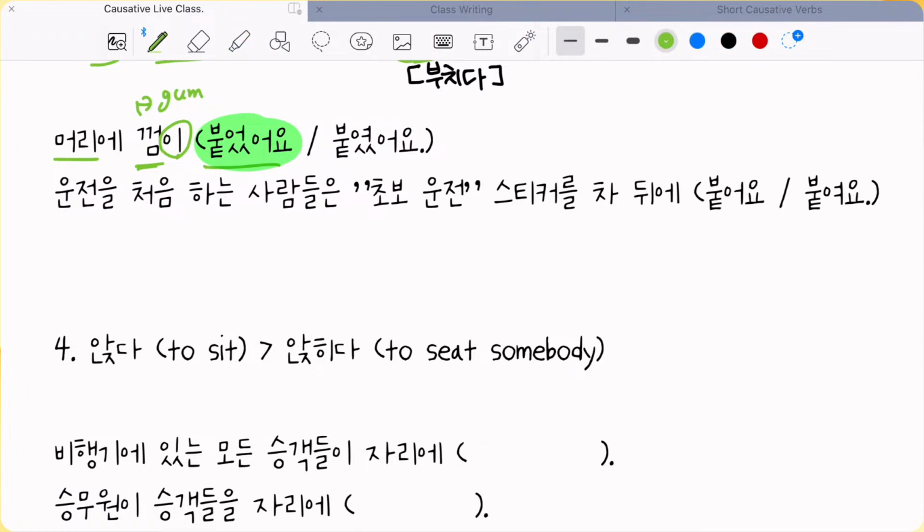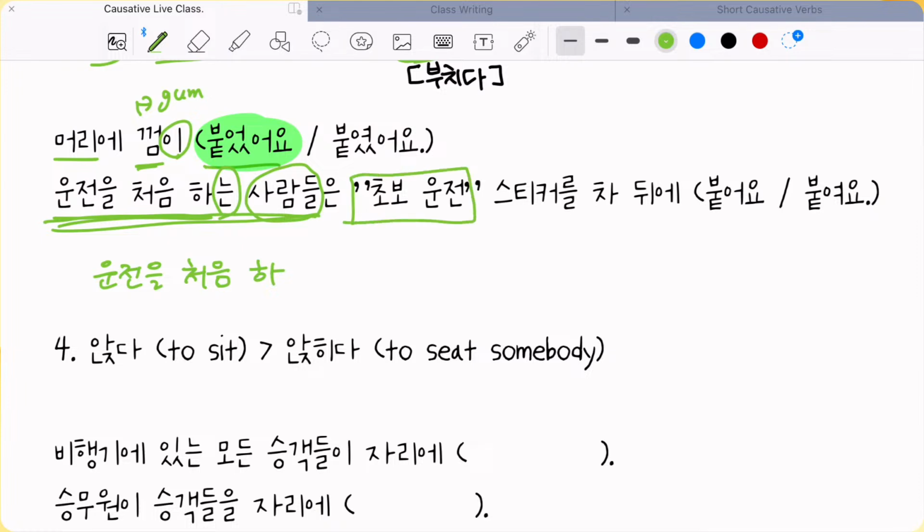일단은 and true. 운전을 처음 하는 사람들은, so what kind of people is 운전을 처음 하는 사람들, guys? 사람들, people that 운전을 처음 하다. 운전하다 means to drive, right? And 운전을 처음 하다 means to drive for the first time. So people who are driving for the first time은 초보 운전